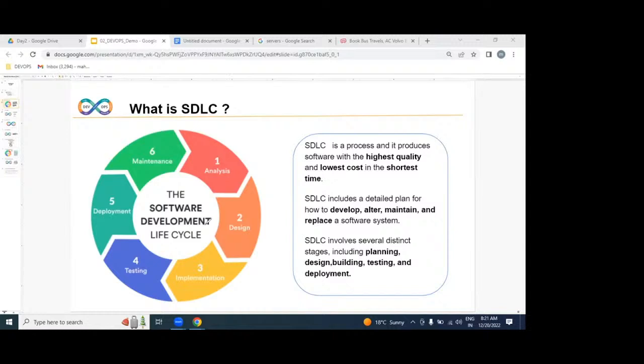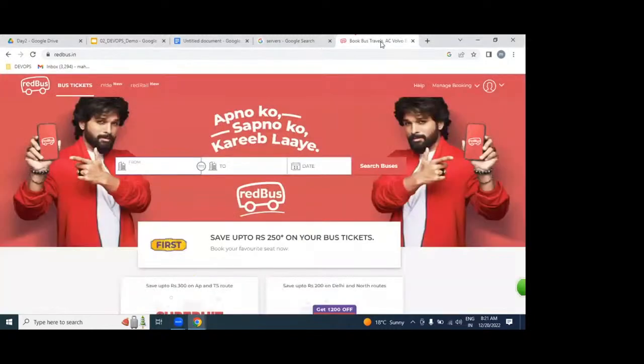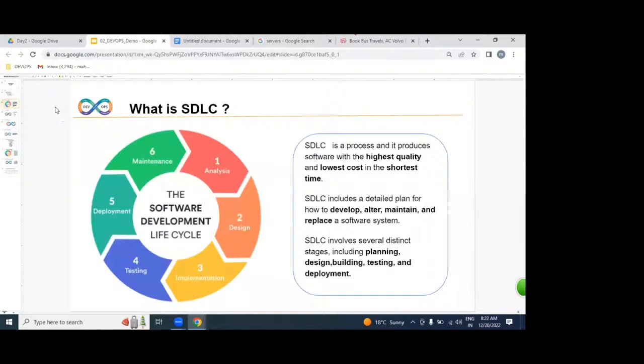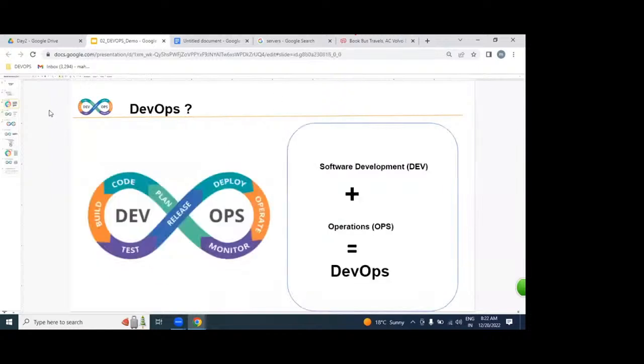But by the end of the day, any IT employee, the developer or a tester or a DevOps engineer, we have to produce an application to do business online. By the end of the day, any IT employee's goal is what? Produce a working software as an application, to do business on the internet. That is exactly SDLC. In SDLC, we are going to implement our DevOps process.